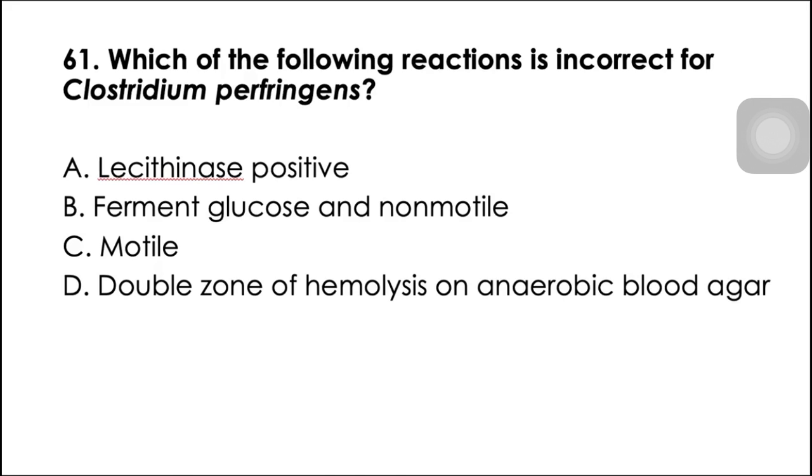Kasi pag yung alpha na sa loob, yung nasa labas ay beta, then that is a case of alpha prime because of refrigeration. So when we say po double zone of hemolysis, dapat sa loob ay beta, then the outer is alpha hemolytic. And that is true nga din po for Clostridium perfringens. Okay? So, aside from that, no, it is also, tama din po yun, it is also lecithinase positive, yung mga Clostridium perfringens. So again, ano yung mga common na characteristic for Clostridium perfringens and their test? So una nga po, lecithinase positive. Letter B, fermenter naman po siya. Again, it exhibits nga po double zone of hemolysis. Okay? And it is associated nga po with gas gangrene or myonecrosis. So, incorrect po dyan is letter C. Because Clostridium perfringens, they are non-motile. Diba? They are the only one non-motile. Okay? Next,